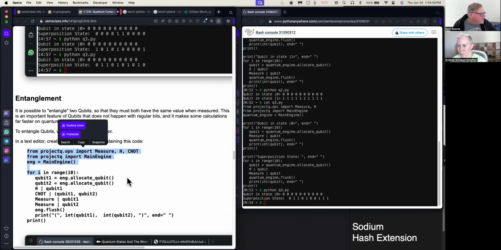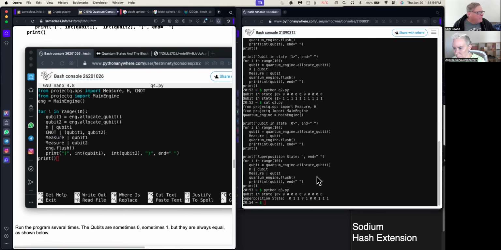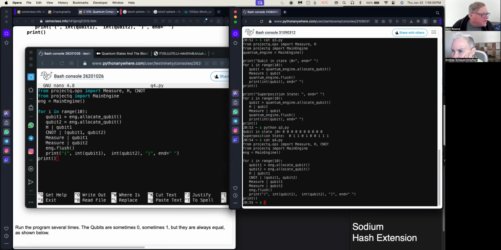So this is, I think, probably Q4. Yep. Okay, so let's take a look at Q4. All right, there it is. It runs the Hadamard gate to make one of them uncertain. It entangles the two, and then it measures both of them. So if we run this through Python,